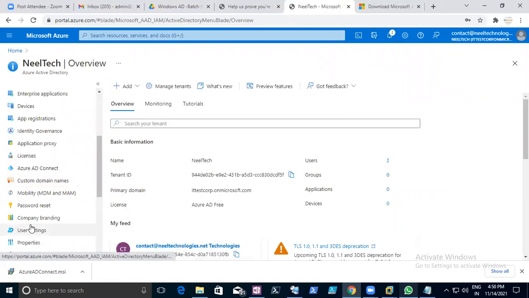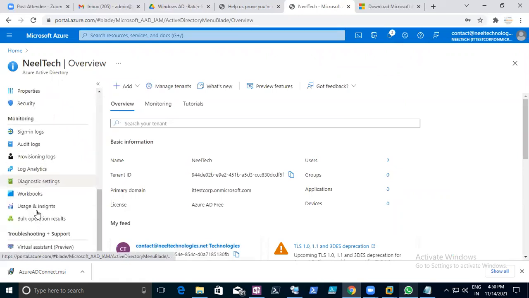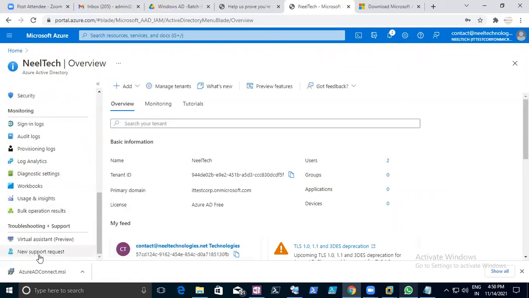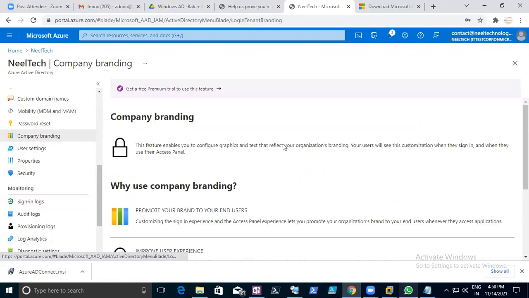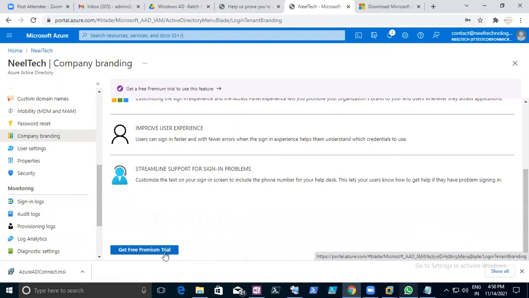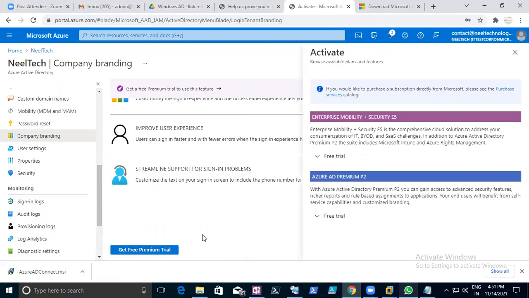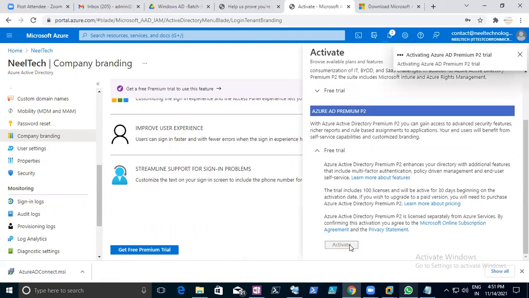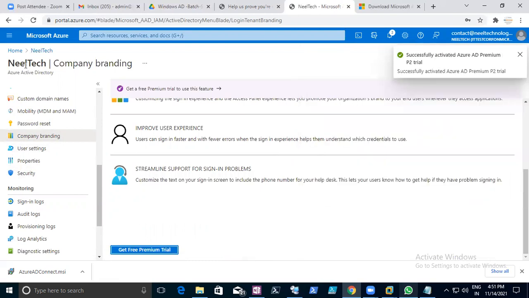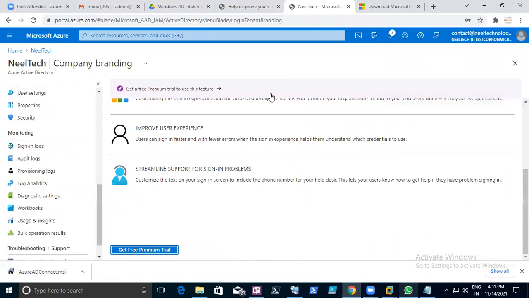So I should go to that, it is in company branding. Here, I should assign this role, create a premium, get a premium free trial, activate. It should be activated for this user. Okay. Right. Then you have to have done it. Okay, this is usually free, I'm using the free one and I have activated.